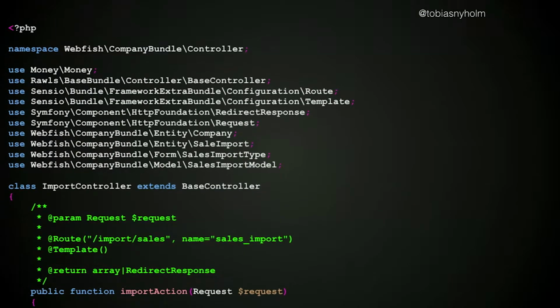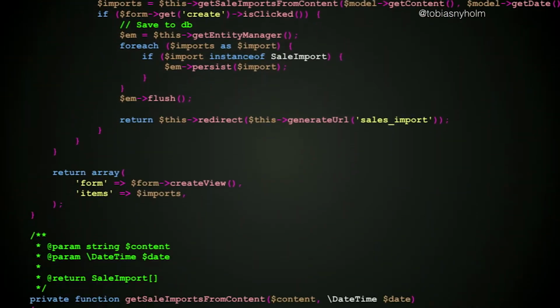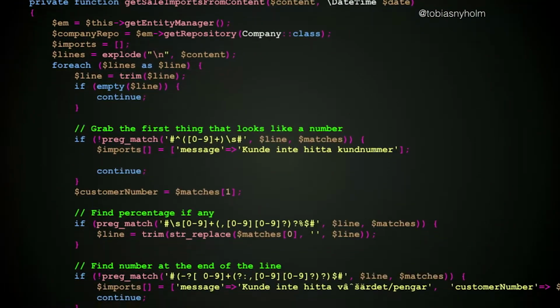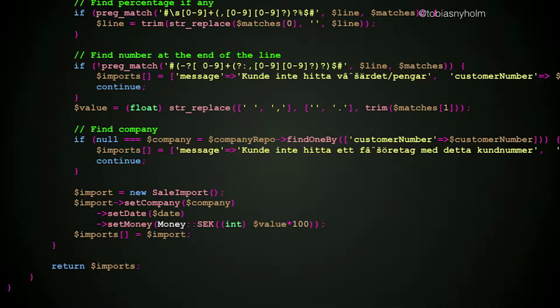This was my general controller. This is an import controller that's just a batch import of something. It's just one endpoint, and it's hundreds of lines of code. And if I needed this in a CLI, if I did a batch import in the CLI, I just copied the code from the controller to my command. And obviously there wasn't